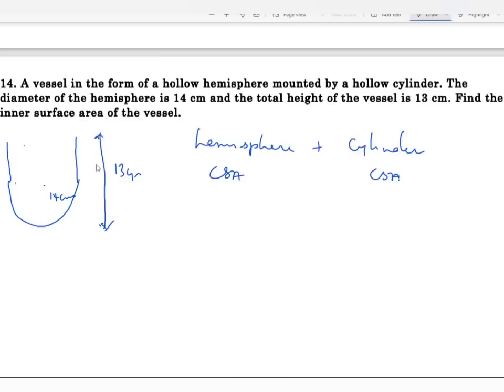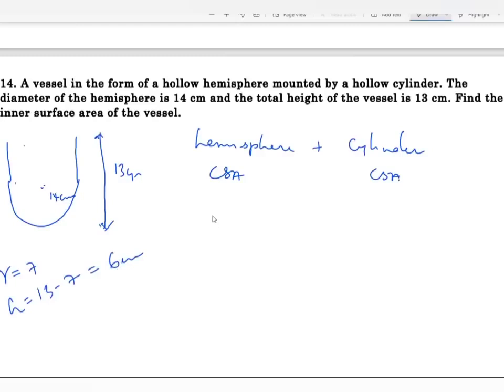13. The total height is what? 13 minus the radius. Radius is what? 14 by 2 is 7. So we get radius of hemisphere is 7. To get the height of the cylinder, it is 13 minus 7. 13 minus 7 is what? 6 centimeter. Now using this, find out the CSA of hemisphere plus CSA of cylinder, then add it, you